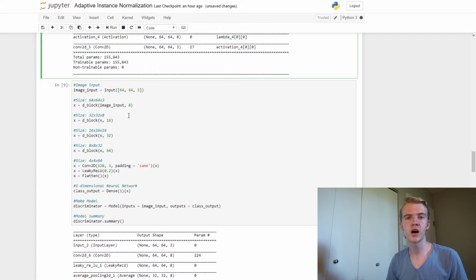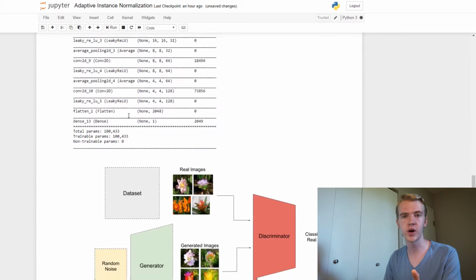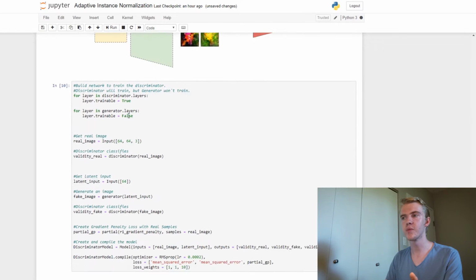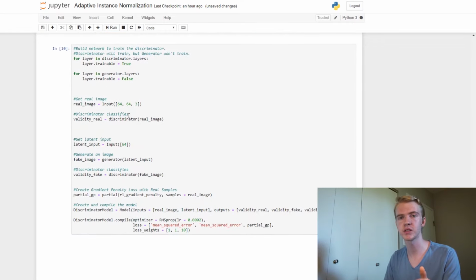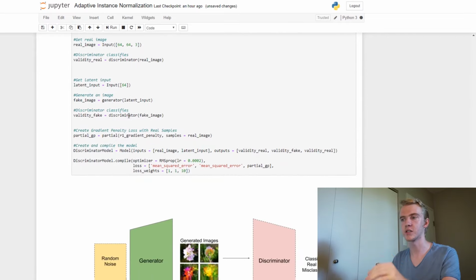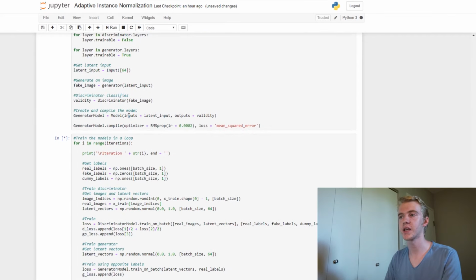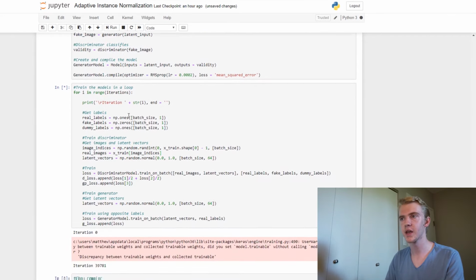So other than that, our generator is exactly the same with the same inputs and the same outputs. Our discriminator is also exactly the same with the same inputs and outputs as last time. And since all of our models have the same inputs and outputs, making the compiled models and the training configurations is going to be the same as well. So we can have our discriminator training and our generator training, and those can both be very simple,